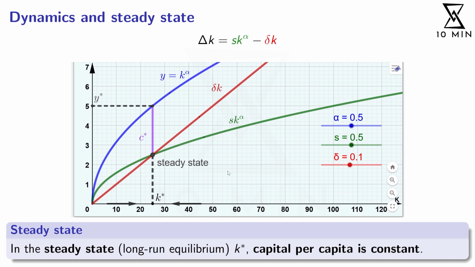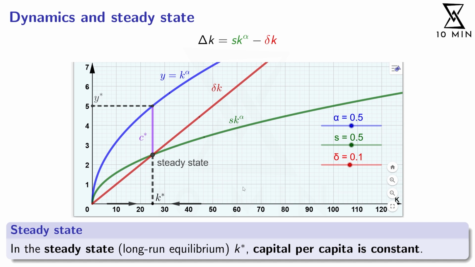This of course also means that the green savings investment per capita has the same properties as the blue production function in intensive form, namely it's increasing in the capital per worker. So more capital per worker means more income and therefore also more savings and investment per worker. But this positive effect of more capital on the saving and investment per person is diminishing, meaning the slope is getting smaller and smaller, this curve is getting flatter and flatter.